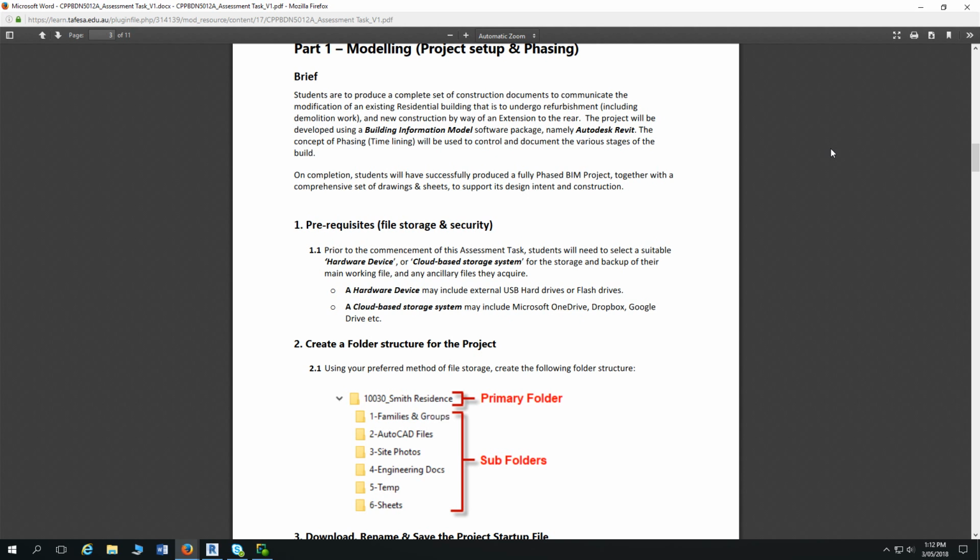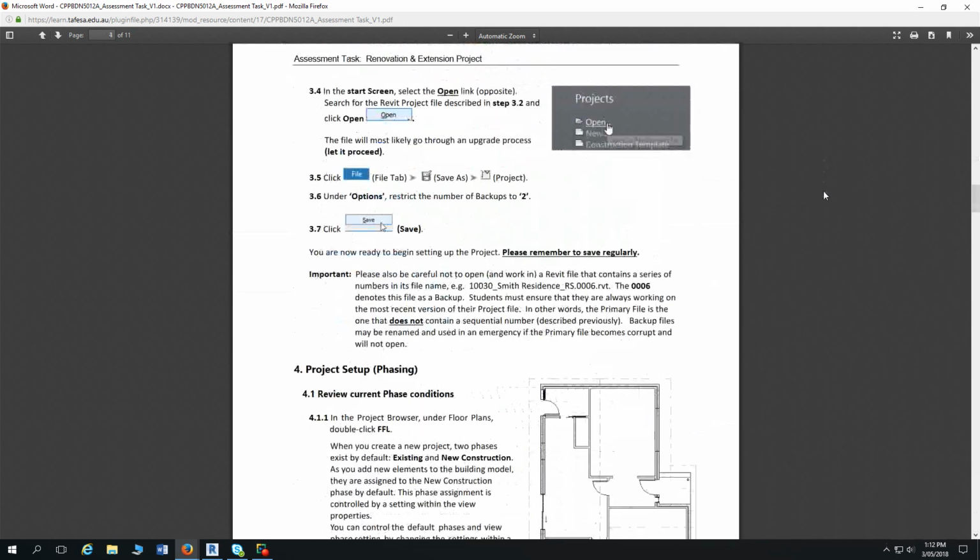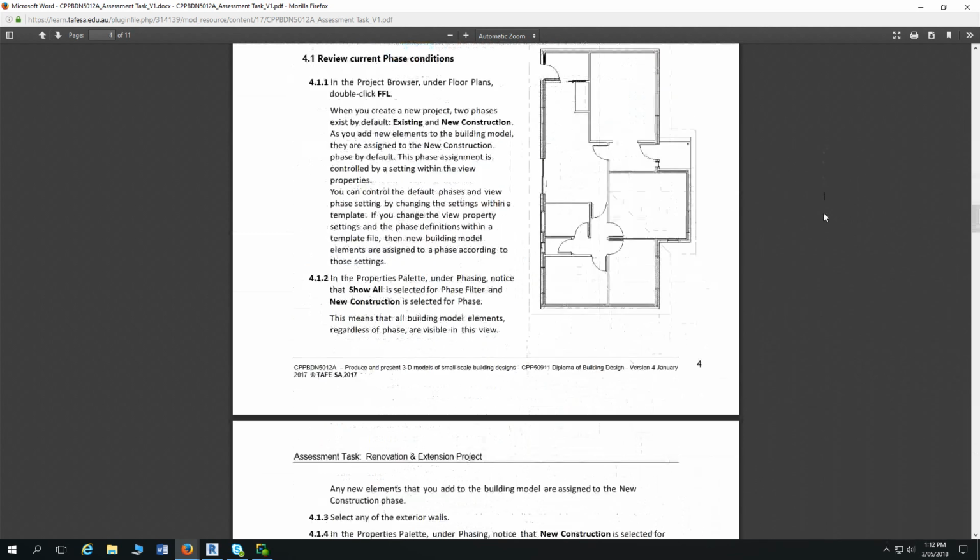So you actually changed them to the existing phase, and then we went from there. So the process for this assessment task is identical. Hence the reason for doing the exercise. So basically it steps you through the setup,